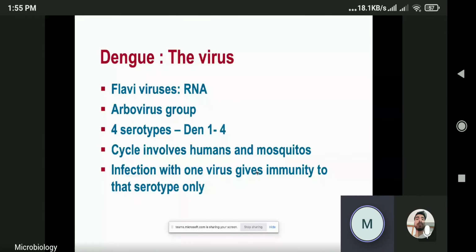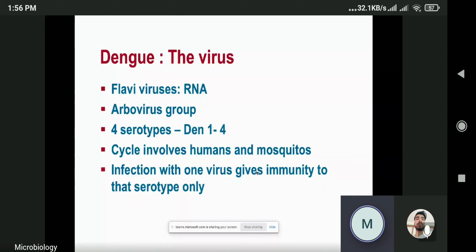Mosquito, which is the arthropod one. And this dengue virus has four serotypes. This is very much important, because I'll describe later on. Dengue virus has four serotypes. This is very important. Okay, dengue 1, 2, 3, 4, and see here, the infection with one strain or one